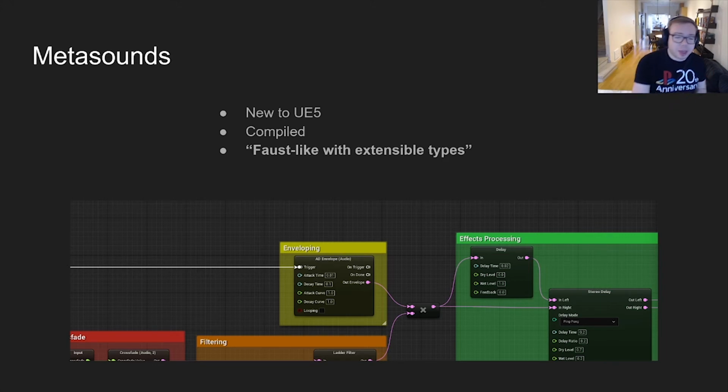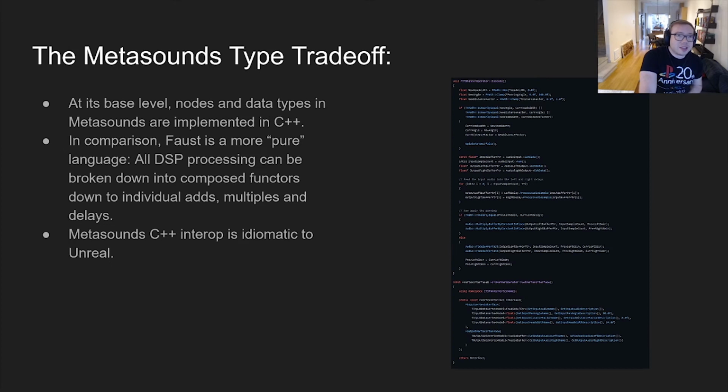So there's one big drawback with that. And it's that Metasounds then becomes a slightly less, quote unquote, pure language than Faust, if that makes sense. Metasounds at its base layer is a node language and a topology that you design, but those individual nodes at the lowest level are implemented in C++. There are these functors that are created with these inputs and outputs and registered, and then there's a function callback for that functor,